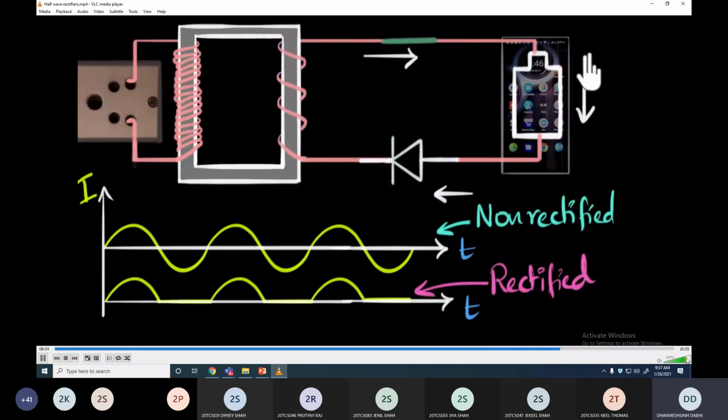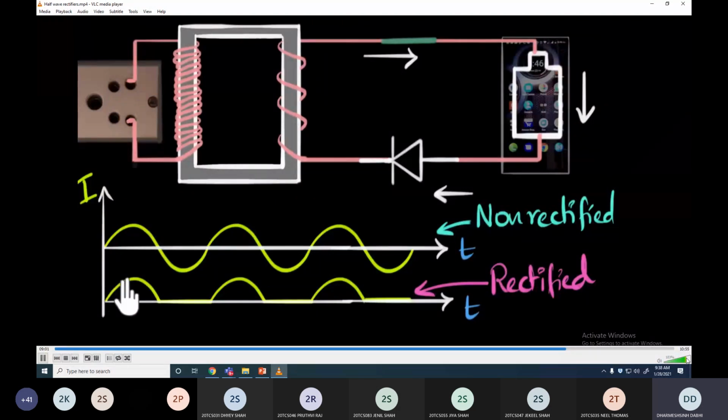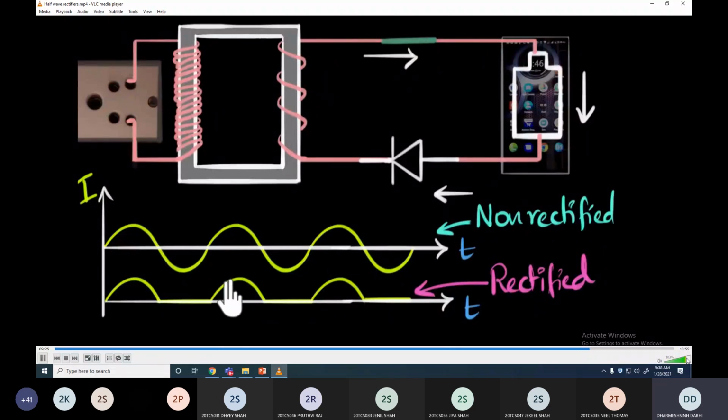Now notice that the current that is flowing here when the diode is placed in this waveform, notice that the circuit is only switched on during 1/2 of the cycle, right? It's switched off for the other half. The half that we don't want, we just turn off the circuit. Again, we turn on and we turn off. This rectifier is called a half wave rectifier for obvious reasons. It only works during the positive half, the half that we need, and just switches off when we don't need it.